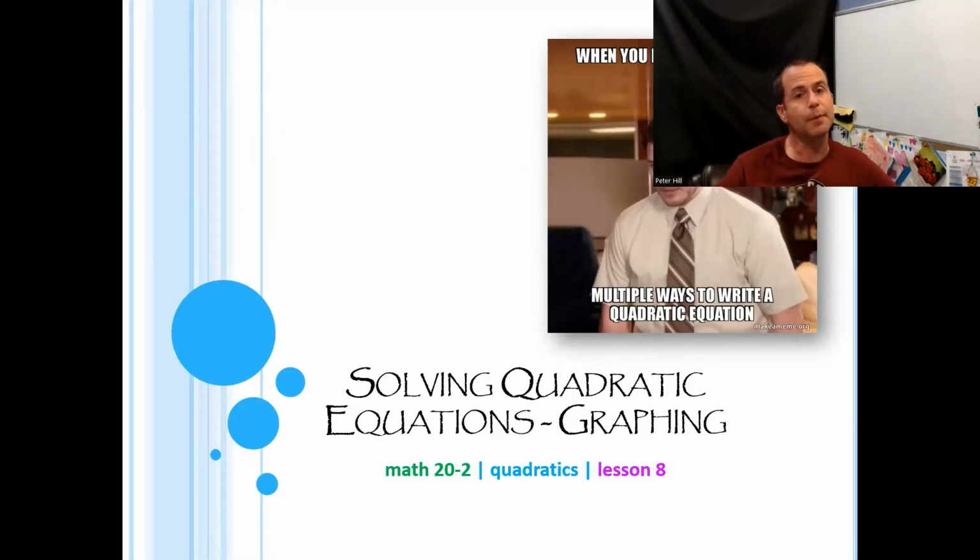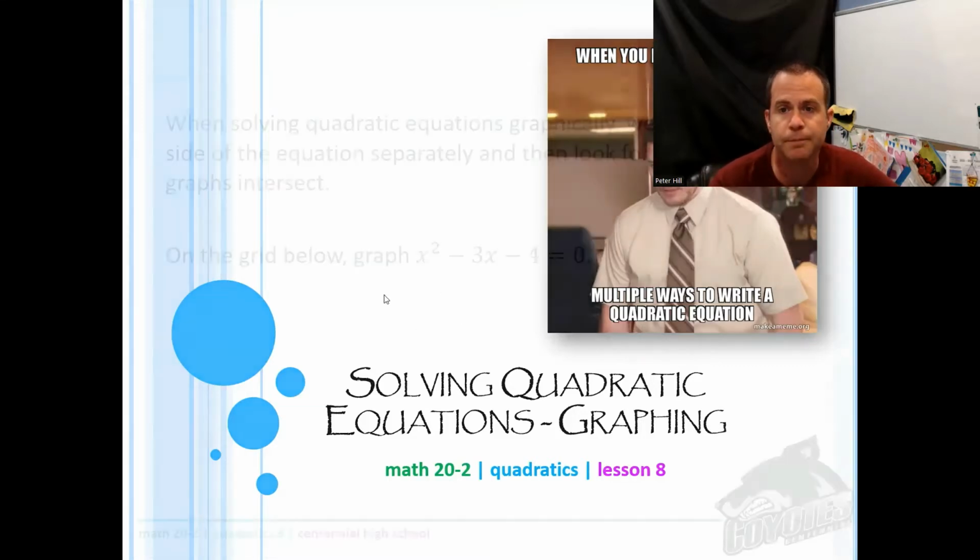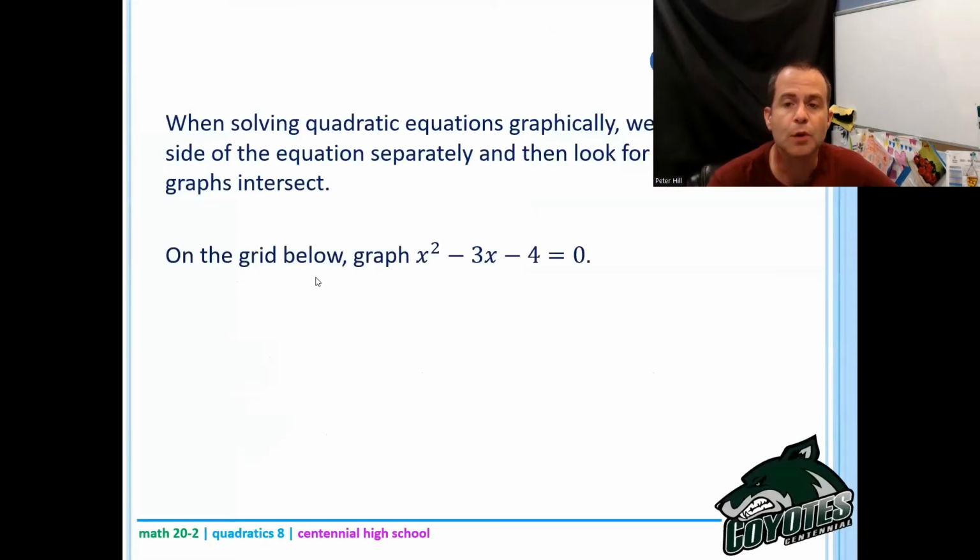Okay, so we're going to do that by a couple of different methods. Today is going to be graphing. Tomorrow will be factoring. And then we'll talk about something called the quadratic formula. Okay, so when solving quadratic equations graphically, we graph each side of the equation separately and then look for where